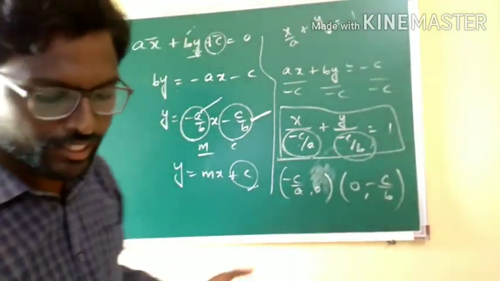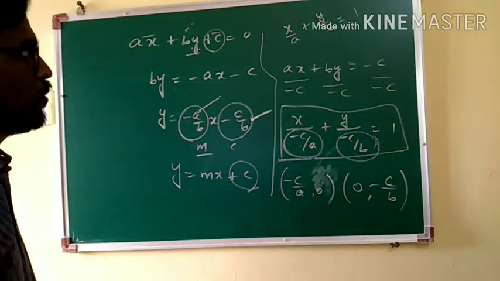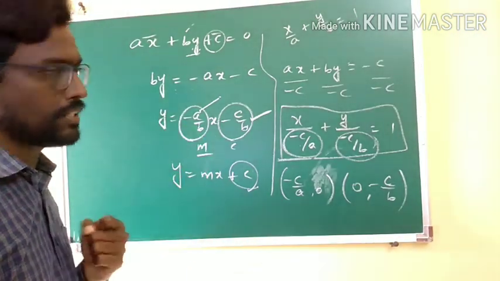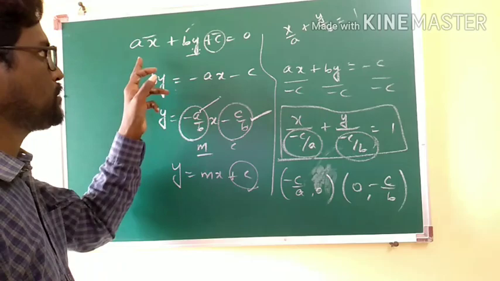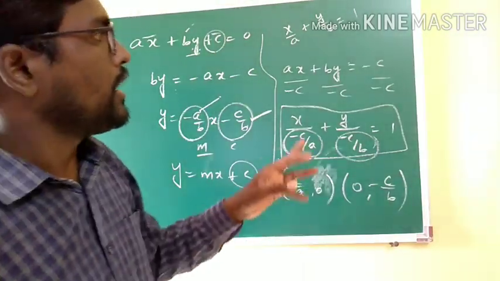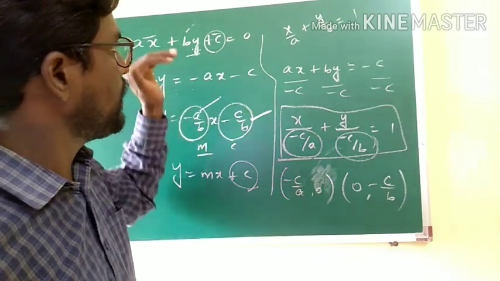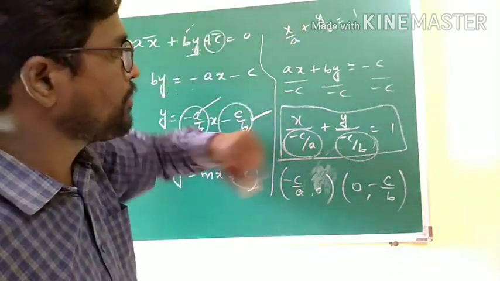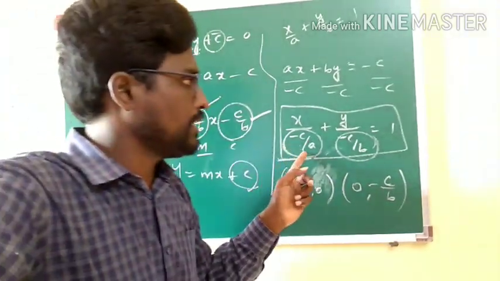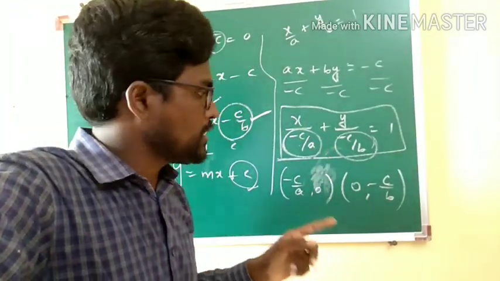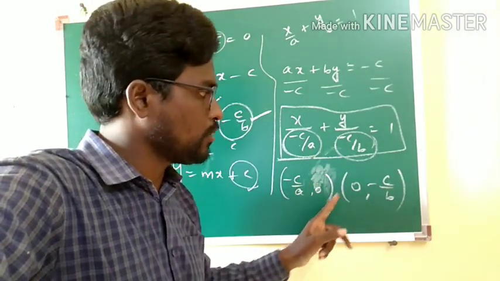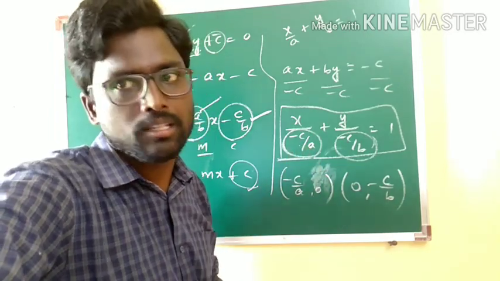I don't know whether you have tried or not, but listen. If you want to convert the standard form into y equal to mx plus c, this is the format, and the slope of the standard form ax plus by plus c equal to 0 is minus a by b. And if you want to convert this line into intercept form, then you will get something like this. Therefore, x-intercept is minus c by a and y-intercept is minus c by b. Therefore, this line meets the x-axis at minus c by a comma 0 and the y-axis at 0 comma minus c by b.